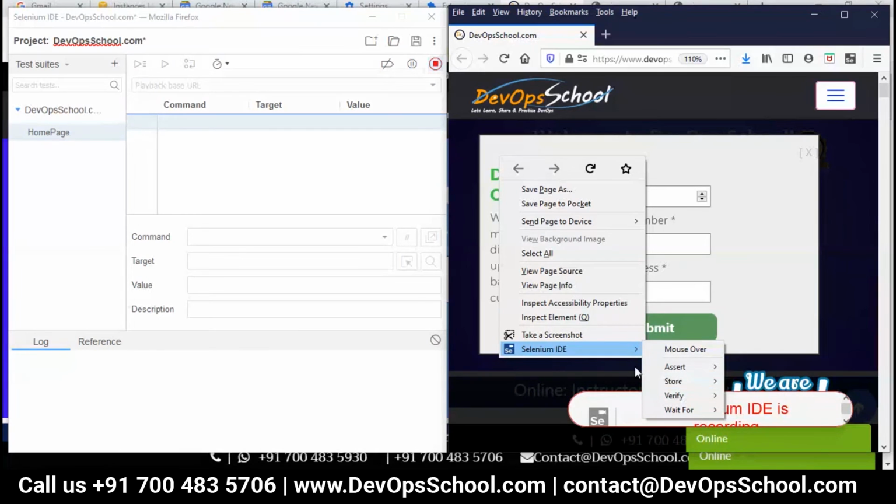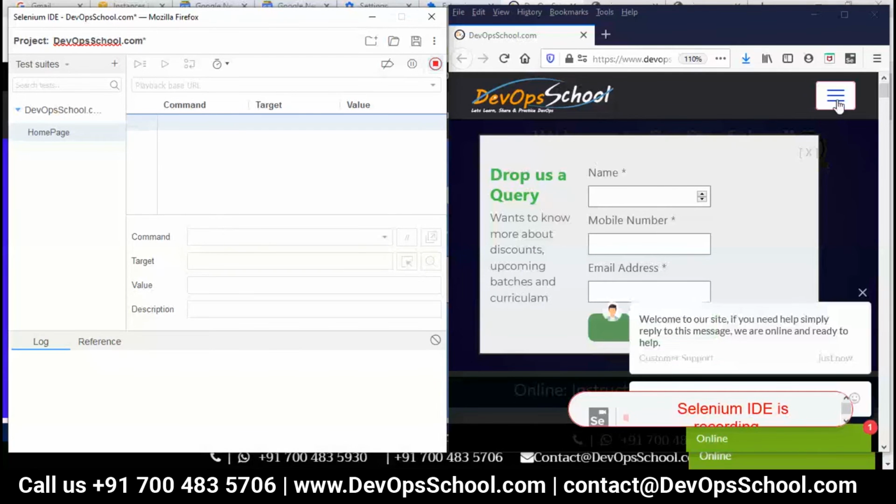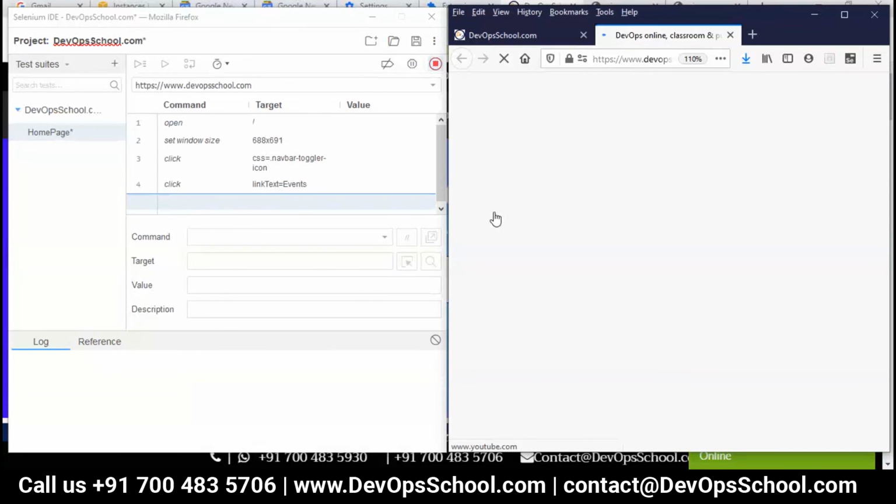So these are the things which you can do. What do you want to do? So from here, I want to click on the events. Okay, see here, look at the command target. So I click on the event.